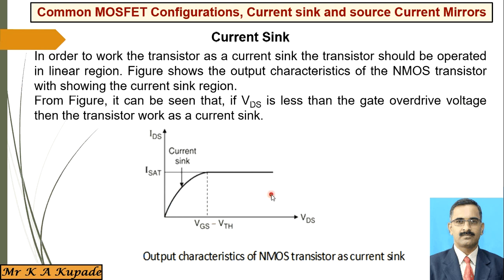Now for this, as I said, VDS is less than the overdrive voltage. This is the one condition. And for this condition, if you remember this circuit diagram, we are applying the source to drain voltage. Even though our gate voltage is low, it is not affecting that. That means the source to drain voltage is not affecting the IDS current that much. But whenever VGS is increasing, that means VDS is less than the gate overdrive voltage. That's why we are getting this particular slope, right? So remember this thing.